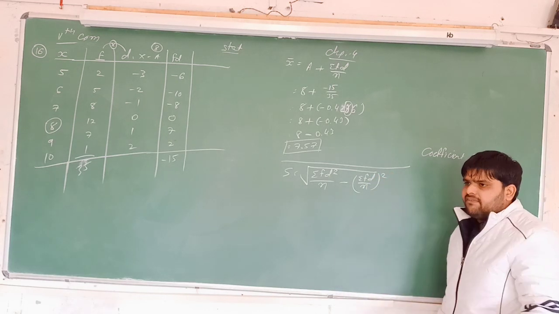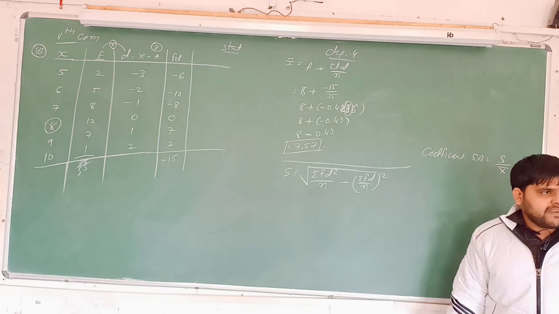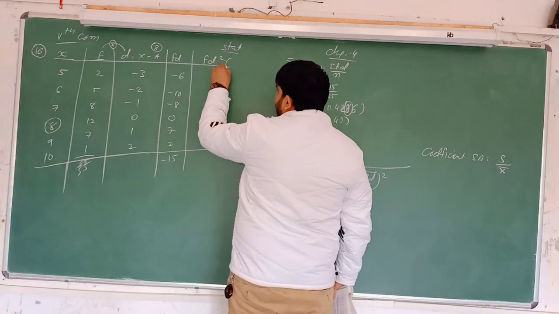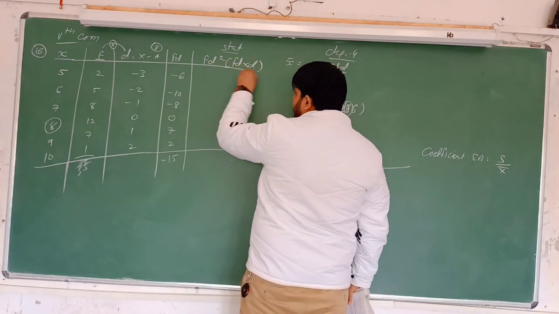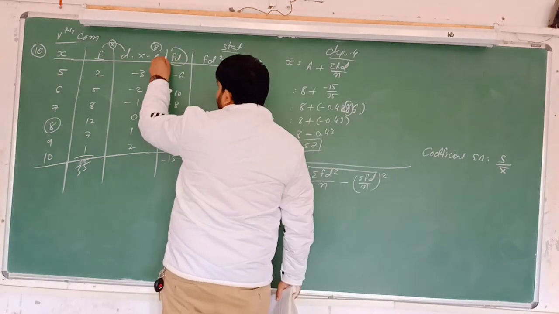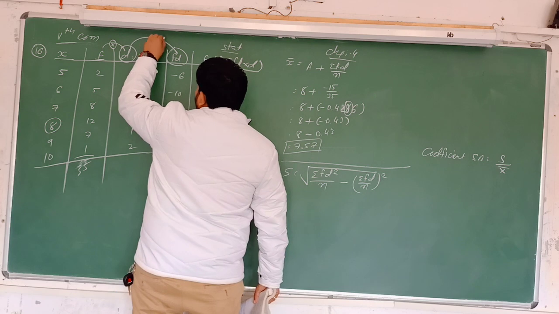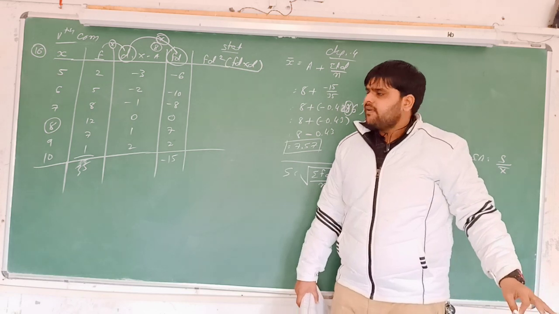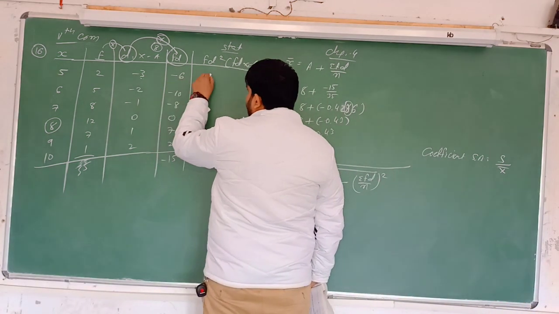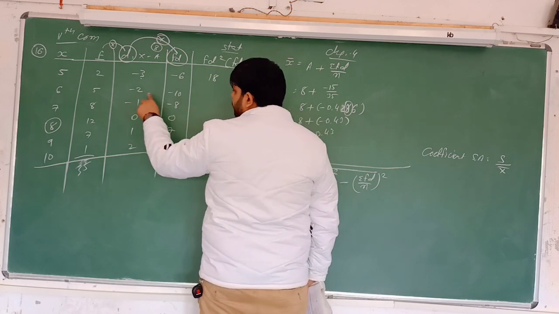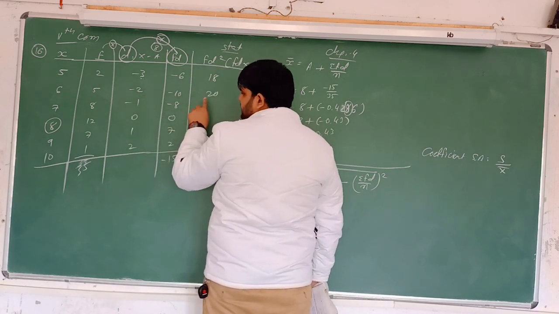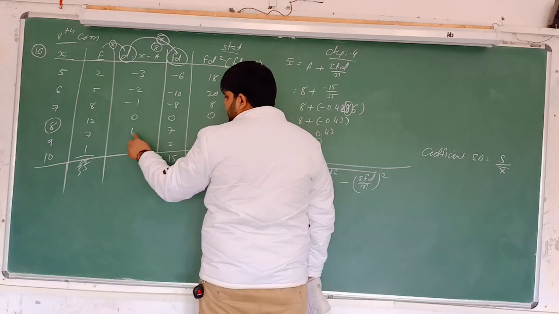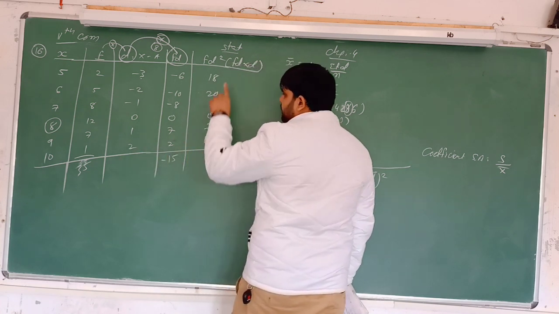N we already have, so no need to find it. So what do we have to find over here? Only one thing. And what is that thing? FD square. It means FD multiplied by D. Okay? So here FD is number 1, here D is number 2. So do the multiplication of both. Is it clear now? Yes. So 6, 3 6s are 18. 2 10s are 20. 8 1s are 8. 0 0 0. 7 1s are 7, 2 2s are 4. Make the total of it.